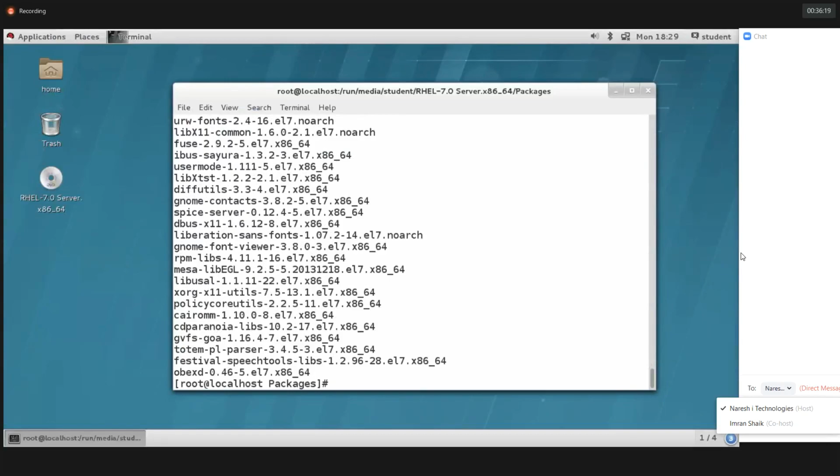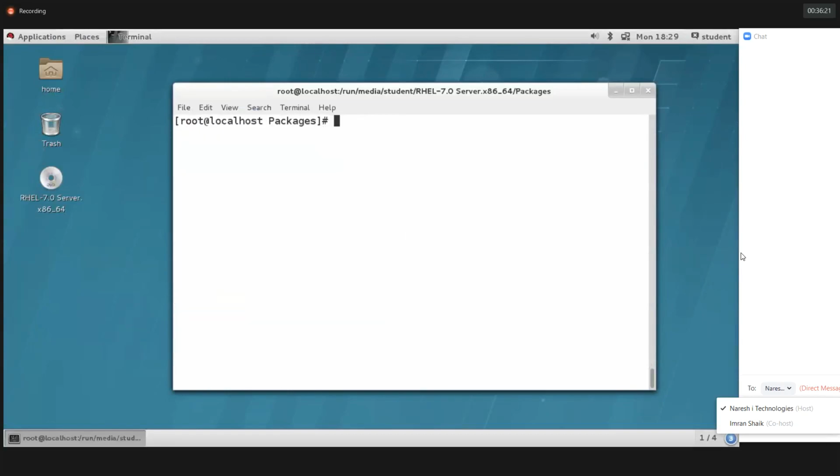I'm trying to filter a few packages from this operating system. How to filter, guys? rpm -qa, then grep, then I'm providing the package called tree. Yes, we have this tree package in our list, in our operating system. If you want, you can do it like this, otherwise you can give it directly: -q, then tree as the package name.